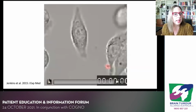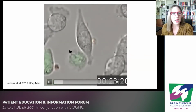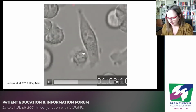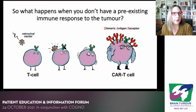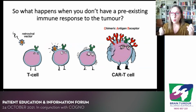Now, sometimes, of course, the cancer cells are invisible to the immune system. And so that's what happens here. This is a T cell here trying to kill this cell, and it's just not dying, because the T cell isn't able to deliver the right kiss of death. And so what happens here is then sometimes you can get a build-up of inflammation. Or it's just completely invisible to the immune system. So, having cancer and not having cancer is sometimes the difference between that war, and when the immune system is losing the war and the cancer is invisible to your own immune system,